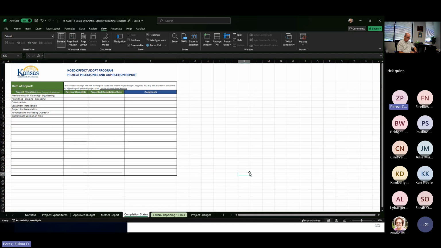Patient status, this is the status of the overall project, where we are in the planning stage, permitting, construction, equipment installation, etc. This is not specific. So